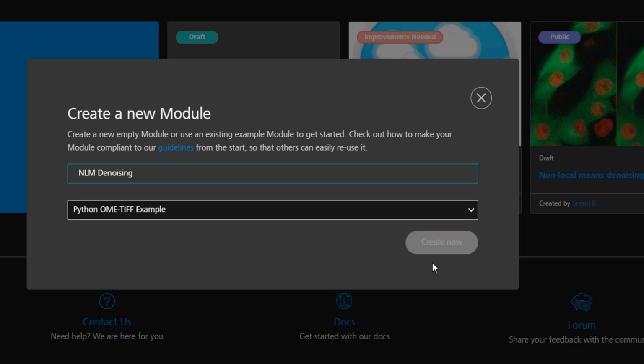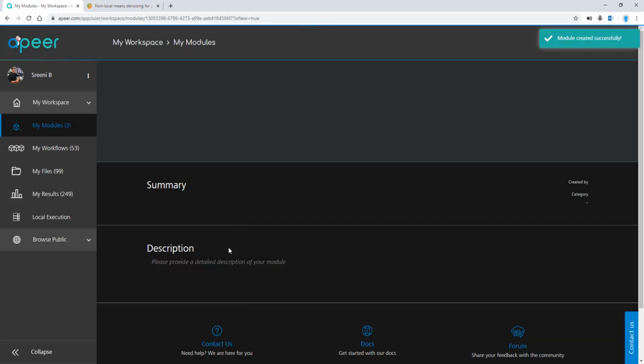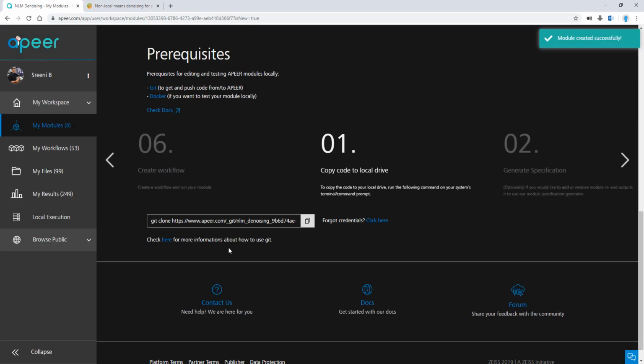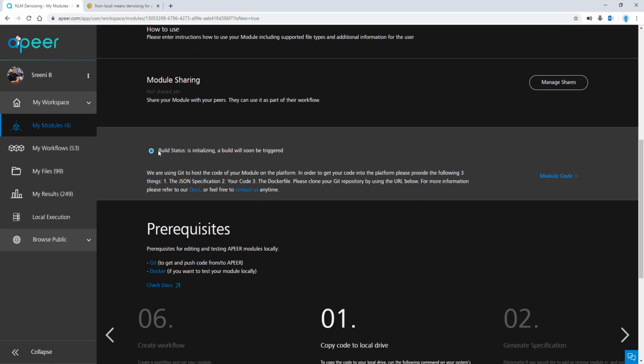So go ahead and create now. It's going to copy all the files from this cookie cutter template into your new module. Scroll up here, and you can see that the build status is initializing. A build will soon be triggered. Pretty soon it changes to build status running, and then wait until the build status is finished. Let's give it a couple more minutes. You see a build is currently running, and I'll explain what this is in a minute when we build our own